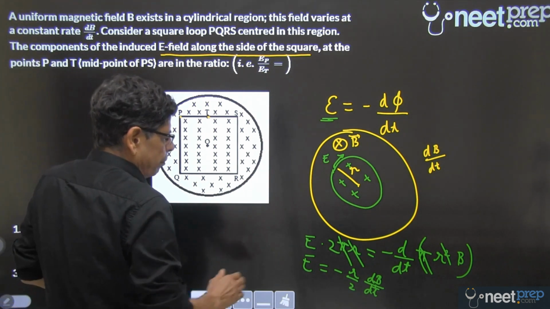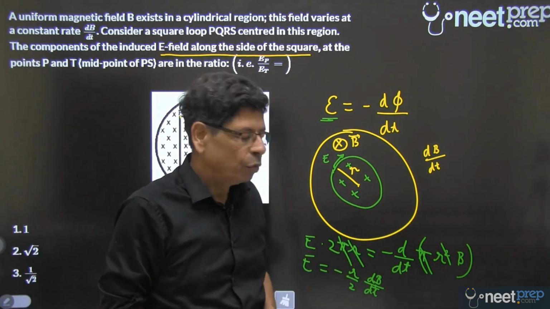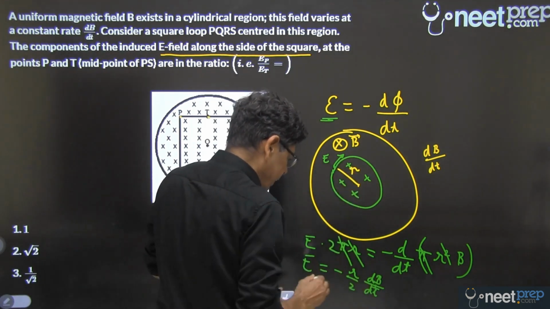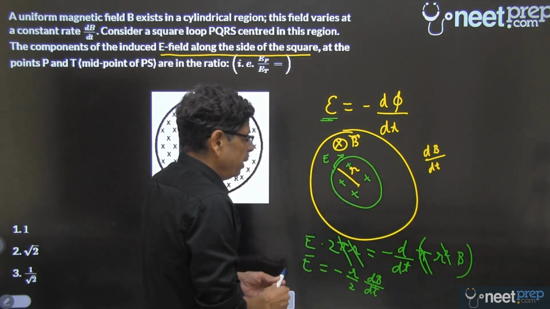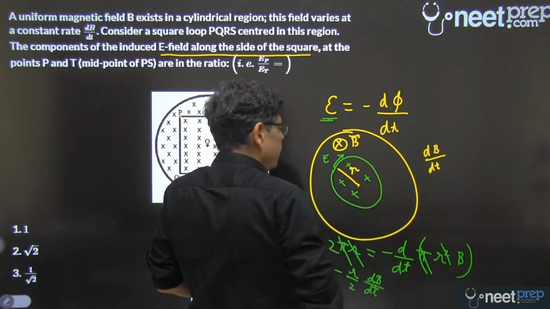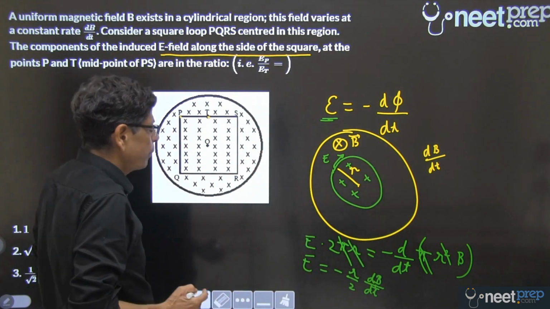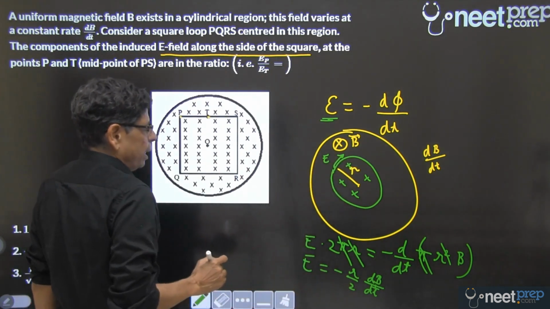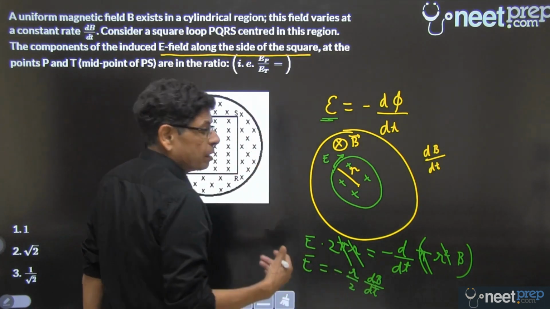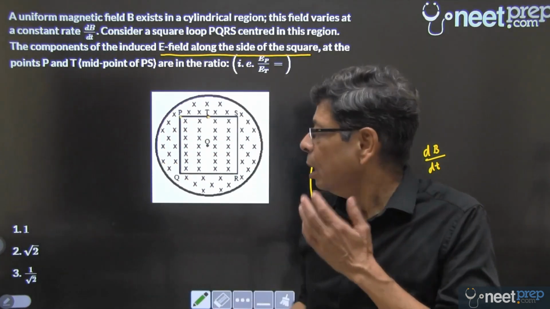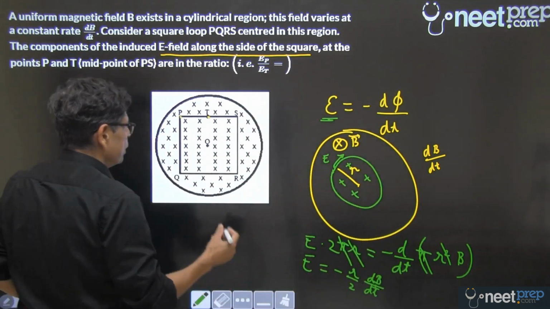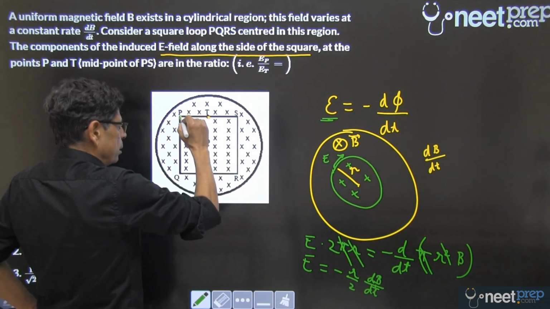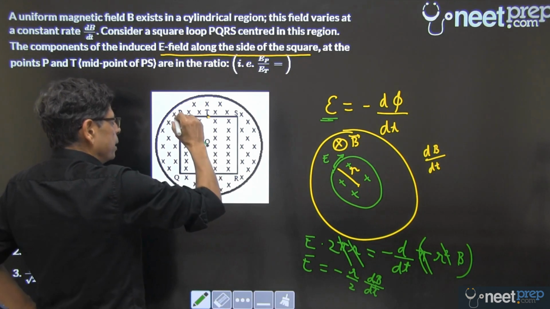Right? So the minus sign only tells us the direction in which the induced EMF will be. For example, if dB by dt is positive because B is increasing that way, then E would be negative, meaning E would be in the opposite direction. So not in the direction in which we have assumed, but in the opposite direction. That is how this minus sign serves to get us the direction. Depending upon whether B is increasing or decreasing, the direction at this place would be one way or the other. So I'll assume some way. So let's say it is this way.